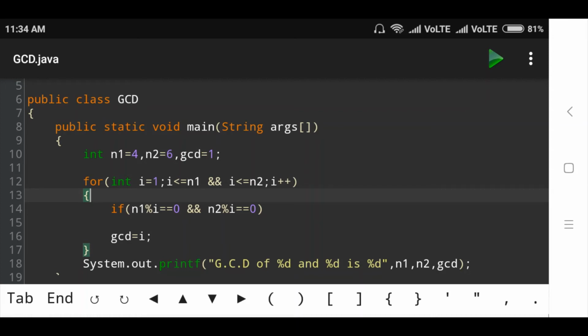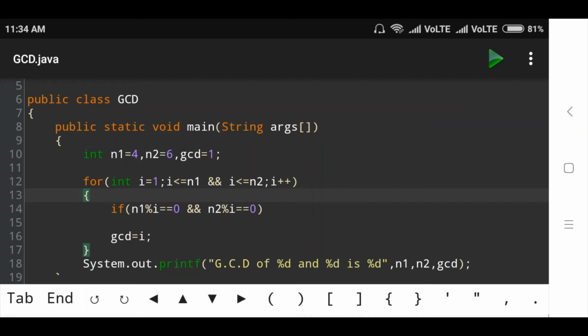n1 modulus i equal to 0. n1 value is 4, modulus i value is 1, remainder is 0. Condition is true. And n2 modulus i, n2 value is 6, modulus i value is 1, remainder is 0.